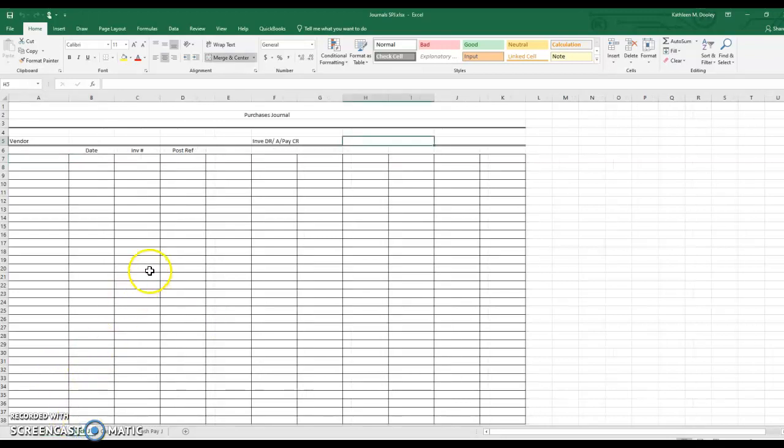For the purchases journal, we have only one column where we're debiting inventory and crediting accounts payable. Now, I told you in the PowerPoints that you could make a multiple column purchases journal if you want to show purchases of other things on account. Then you could decide what those are, go through the source documents, and